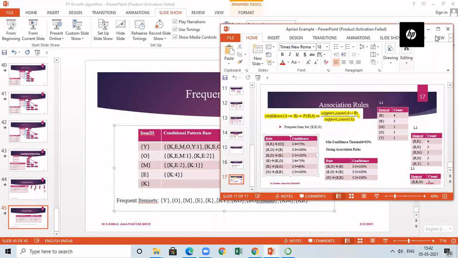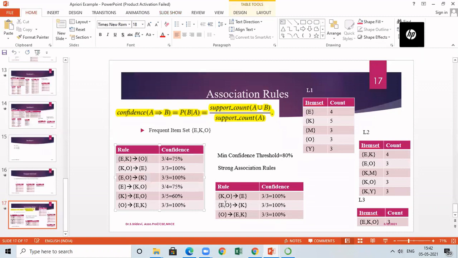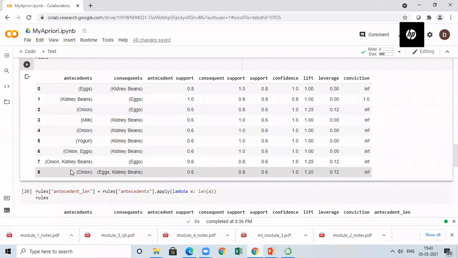In the algorithm, for the 3 rules, we have the confidence as 100%. We have derived that in our algorithm. Now let us check whether we are getting the same confidence when we run the program also. If you consider the last 3 rows that correspond to the items in our program, if you consider this column confidence, there are so many columns, don't worry about that.